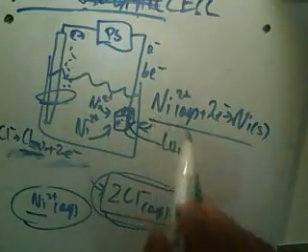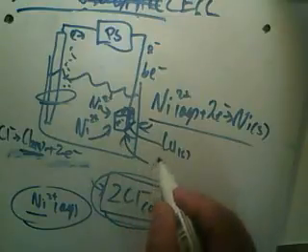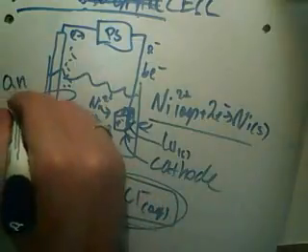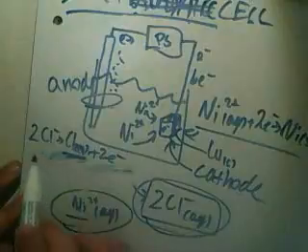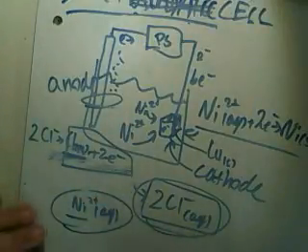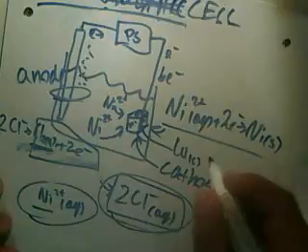Reduction is gain, so the nickel is reducing here. So this is the cathode, which would make this one the anode, which makes sense because the chlorine itself is losing electrons. So oxidation at the anode, and RED CAT. And now you've also got to assign the positive and the negative terminals here. So in this case, electrons flow